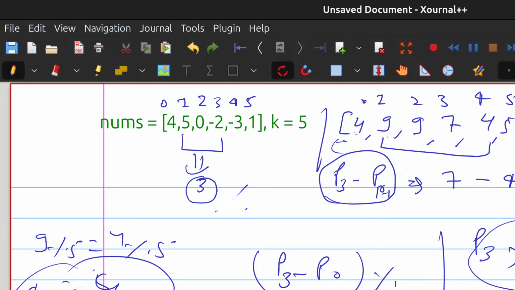Their difference is divisible by 5, right? Or you can see 9 minus 4 is divisible by 5. So we have found a valid subarray, because you see, whatever we have added between this here, from here to here,